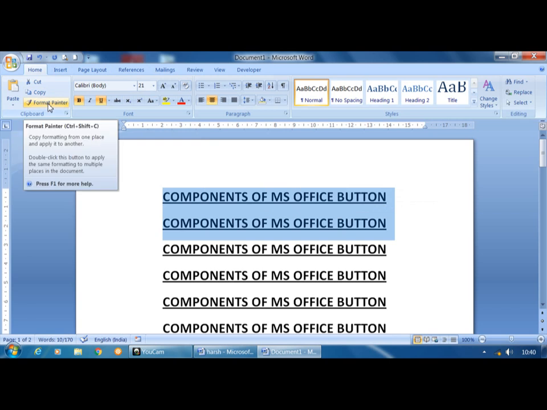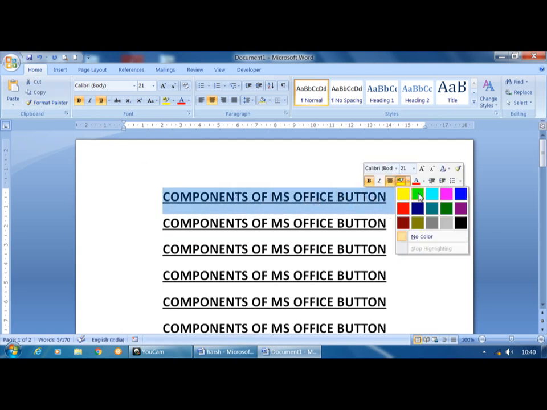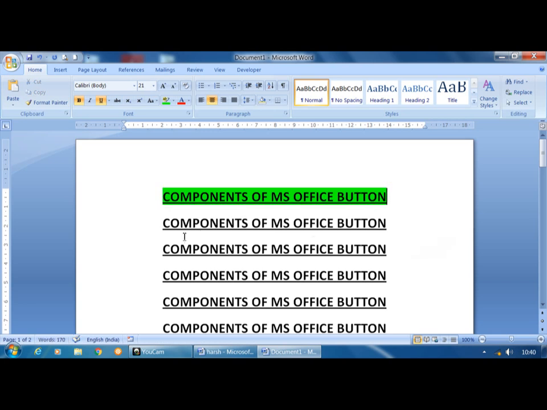And next one is the Format Painter. If I want to highlight the text, just click on the Format Painter option. Your arrow mark changes to a brush. So select the entire text and here select the color. Now again I will click on Format Painter.